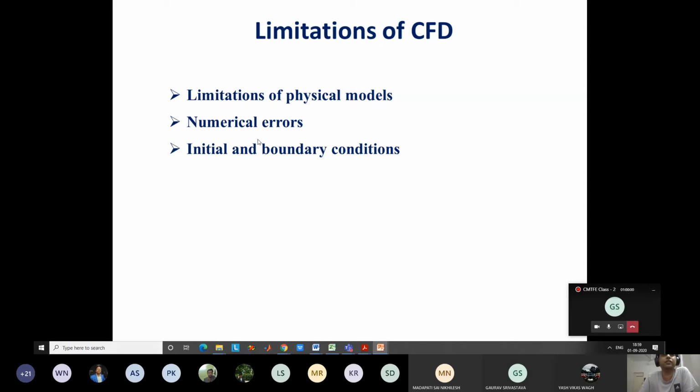We have to stop and find some other solution. Either the problem itself is not solvable, like the case of lightning that I was giving, when will lightning form and when will it strike? Or it can be solved using experiments. For example, a very small nanoscale problem you can solve nowadays using a proper, high-end experimental setup. Then there is a second limitation. Because we are using numerical methods to solve the equations instead of analytical methods, there is always some error. As we will study later, there are mainly two sources of error. One is known as round-off error.